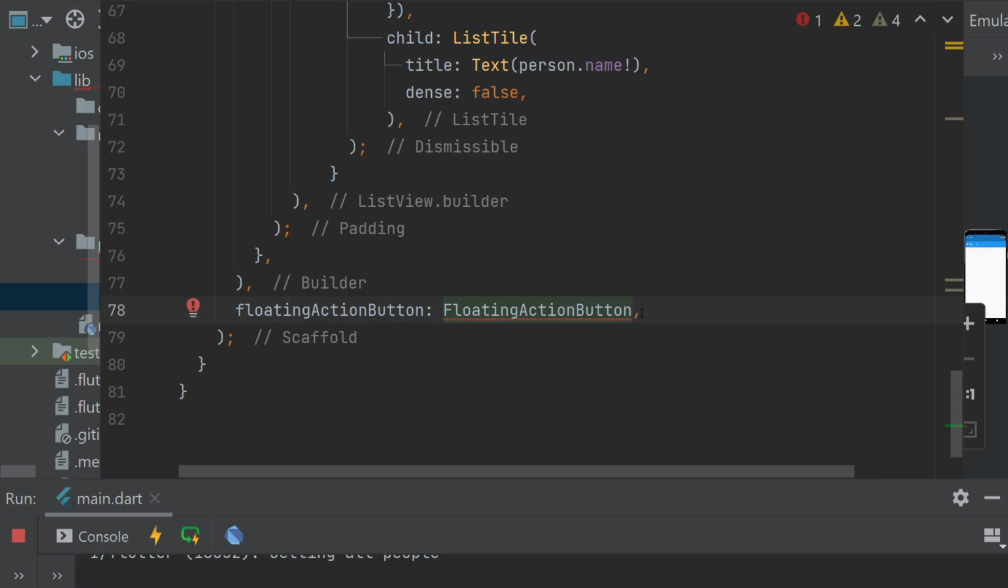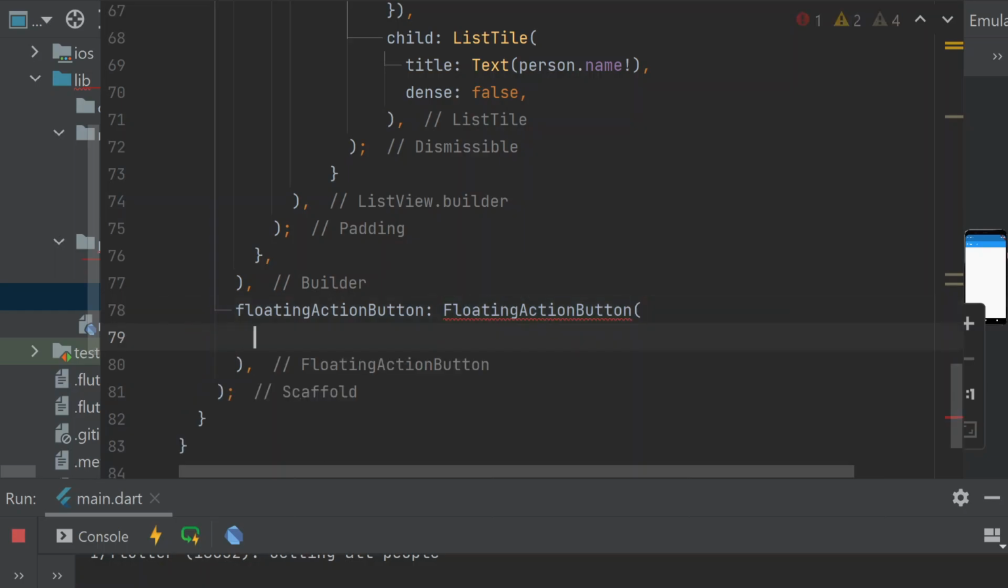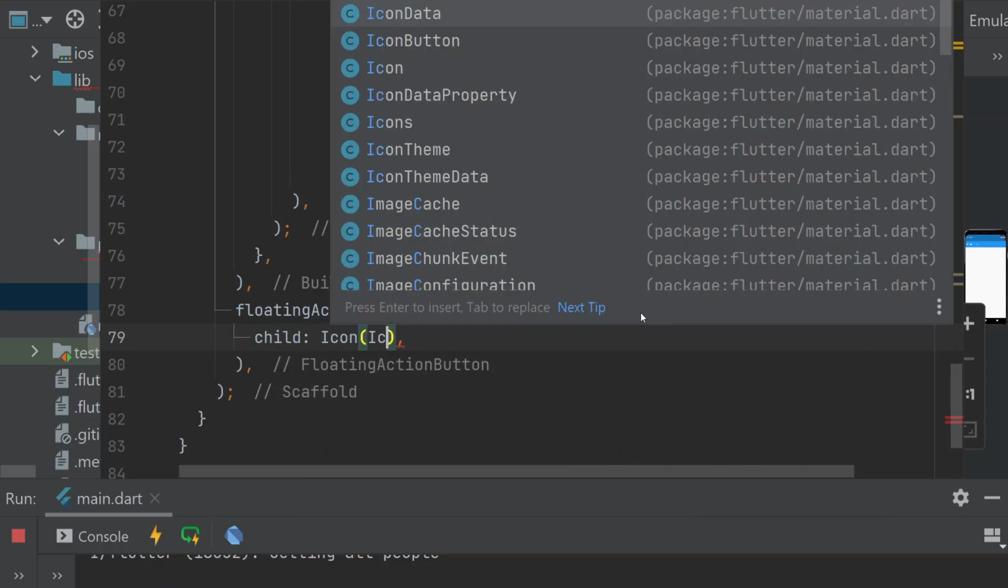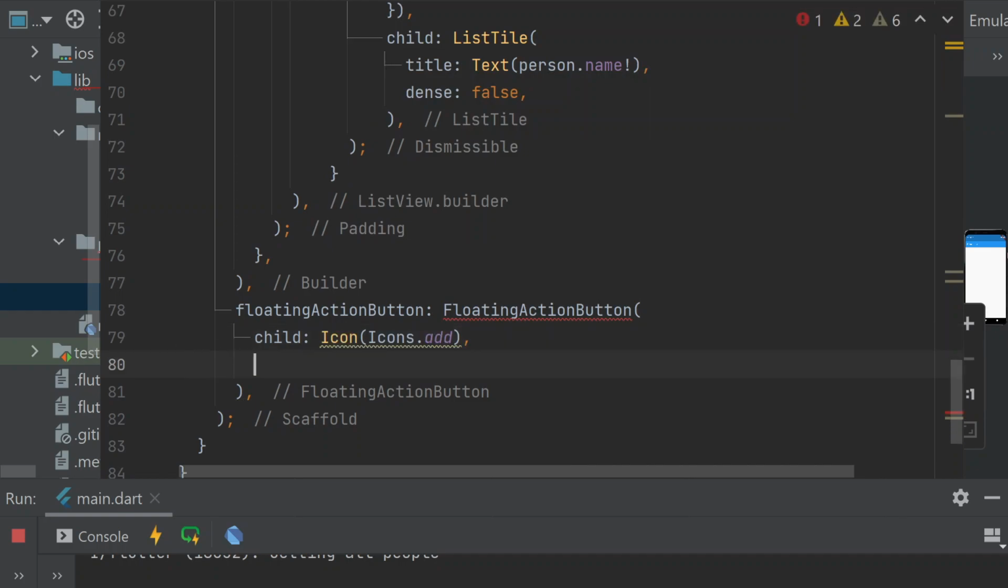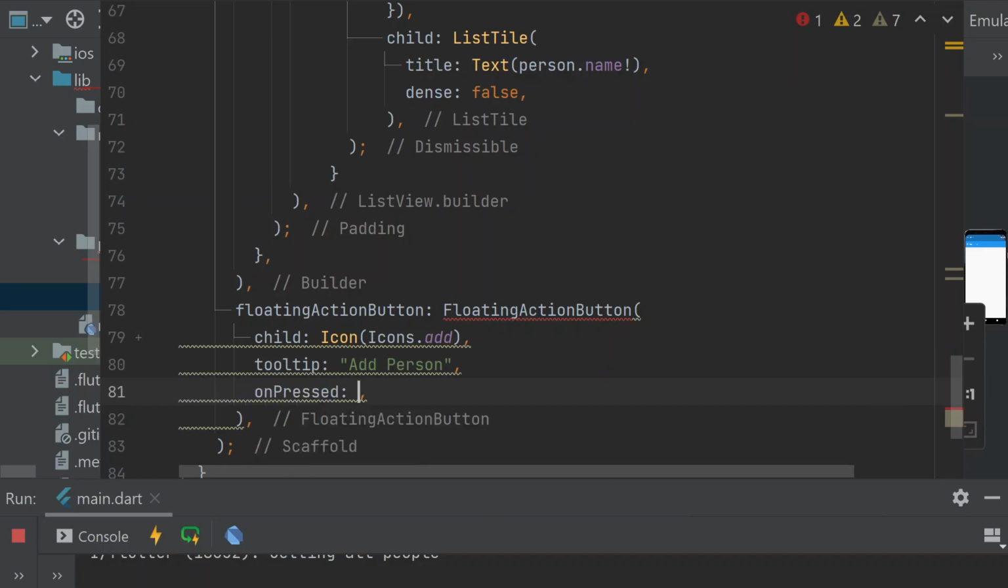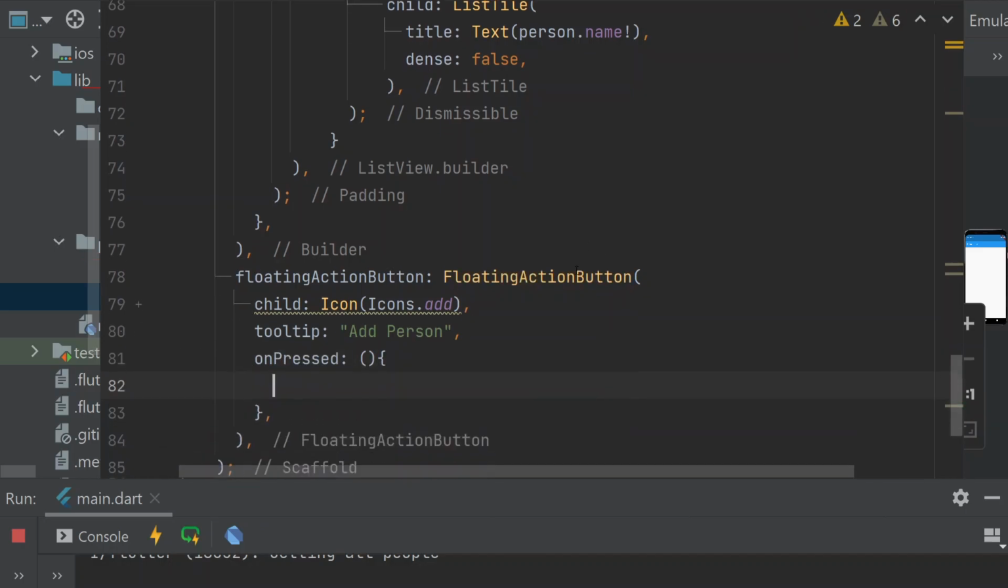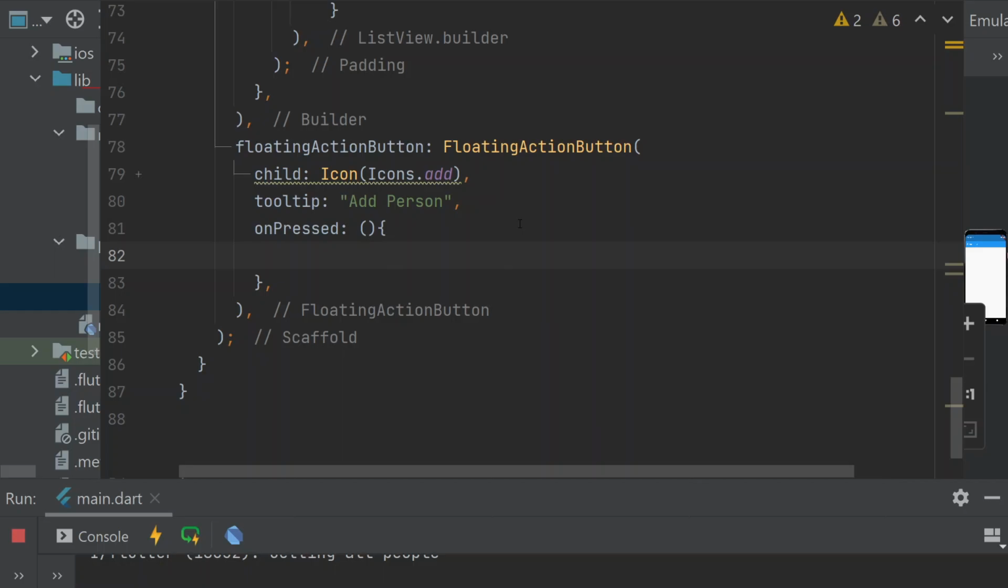So my floating action button is going to have a child, which is going to be the plus icon, Icons.add. The tooltip for it will be Add Person. And when I press the button, what it should do is, we'll write a function called addPerson that will actually put the person into the database. And then after adding the person,